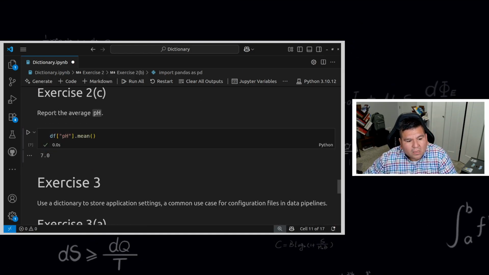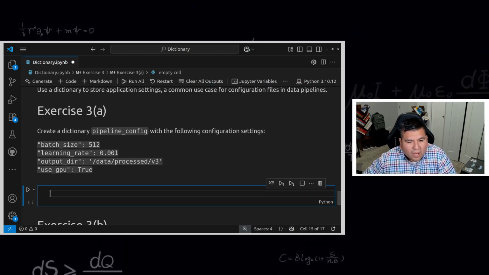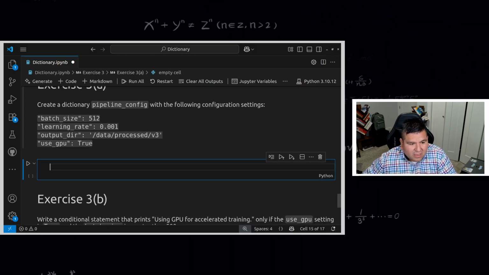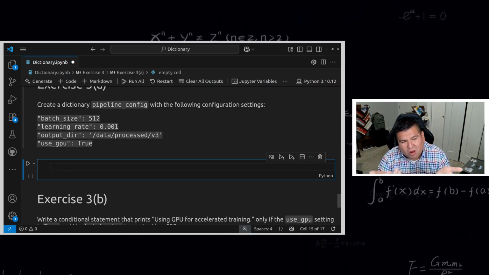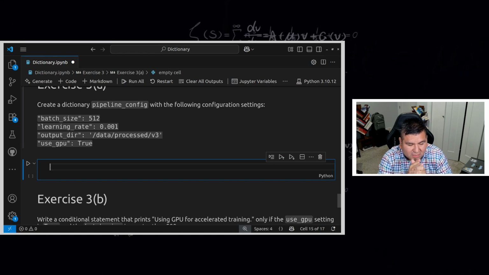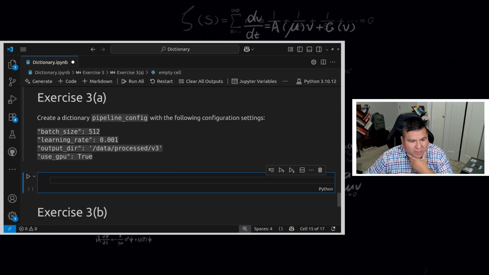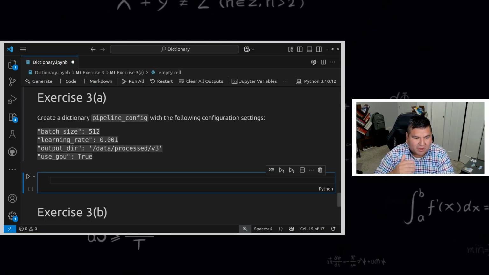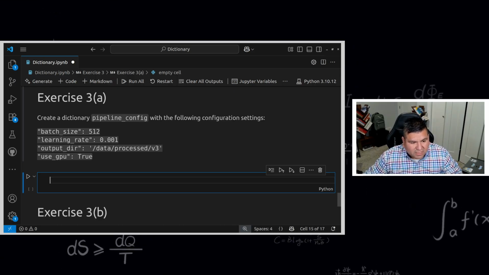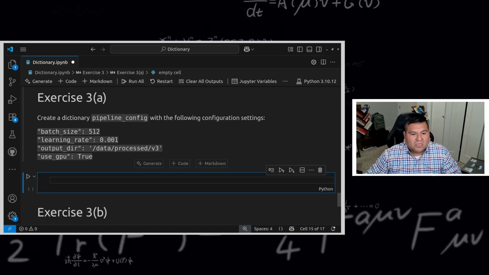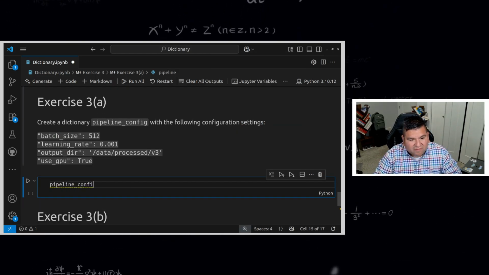Okay. All right, the next exercise in this case is we need to create a dictionary, and this dictionary has some pipeline configuration. Again, that's another common application of dictionaries. And then the next part, we will do some conditional statements. Okay, so we can use if and else if statements with dictionaries. That's basically the purpose of this exercise. So first, we're going to create a dictionary called pipeline_config,